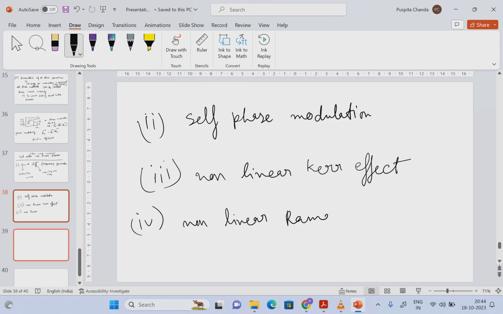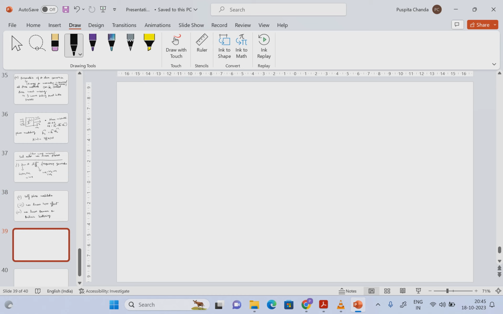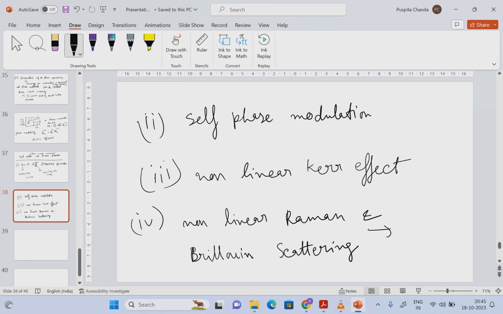Non-linear Raman and Brillouin. This is a non-parametric process. Only